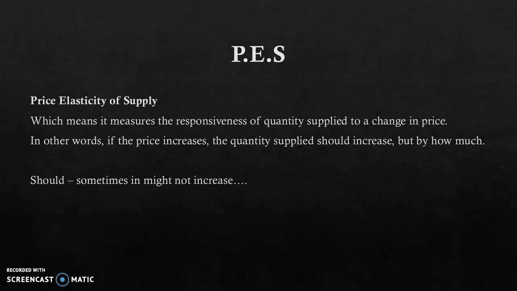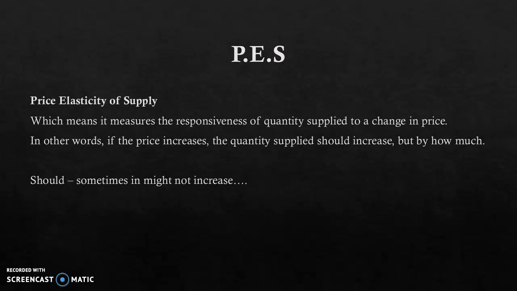But what we now want to explore is how much the quantity supplied increases. So it should increase, and I said should. Right now, you would expect that the price of pharmaceuticals is increasing. Toilet paper is probably increasing. If they were really quite nasty, the toilet paper producers could whack up their price quite substantially. But let's hope they don't. But if the price of toilet paper did increase, how much would the quantity supplied increase by? Just a little bit, a lot, or the same as the price?